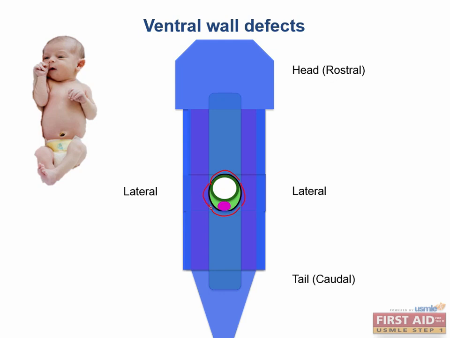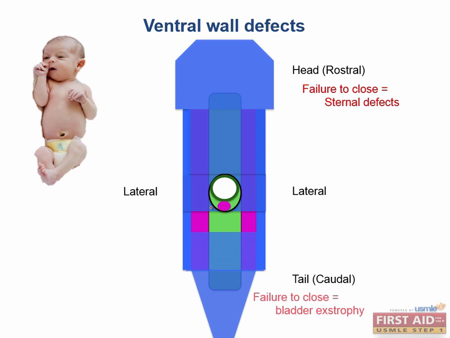folds, respectively. Now, the ectoderm, among other things, makes the skin, and the mesoderm makes most of the rest of the body wall, including the muscle and bone. So you can imagine what kind of badness happens if any of these 4 folds doesn't close. It makes sense anatomically. A defect of the rostral folds can lead to sternal defects, and a caudal fold defect can cause an opening in the anterior pelvic wall, leading to bladder exstrophy, which is basically a bladder outside of your body. Gross. Anyway, this being the GI section, what we're most interested in is a failure of lateral fold